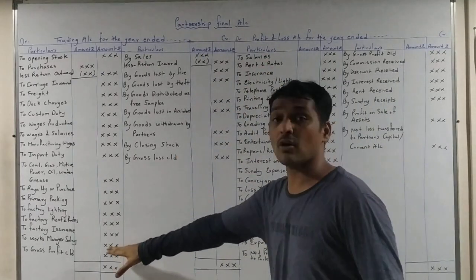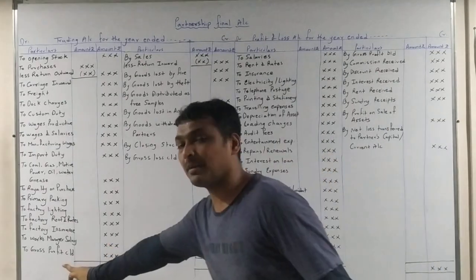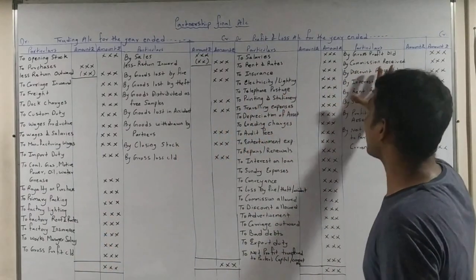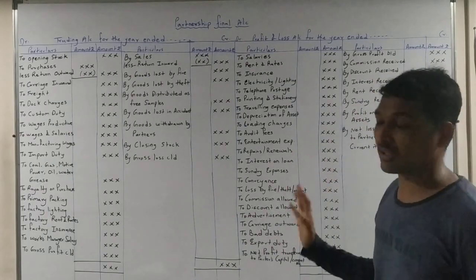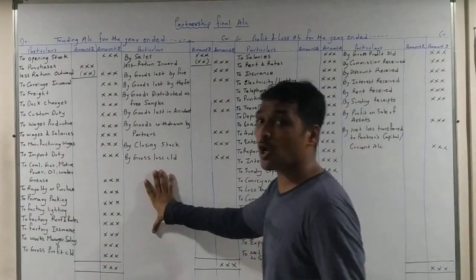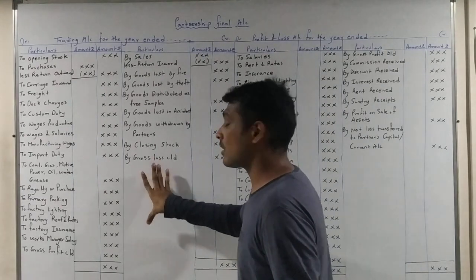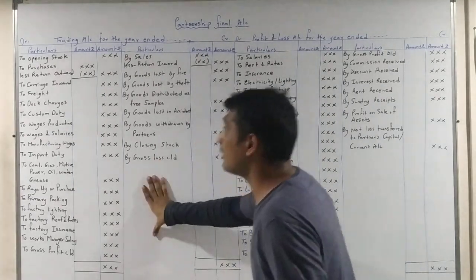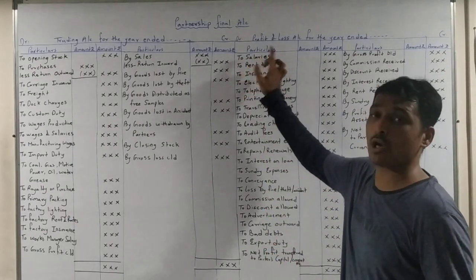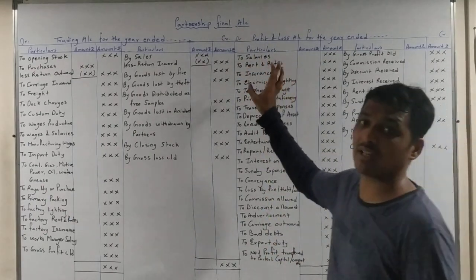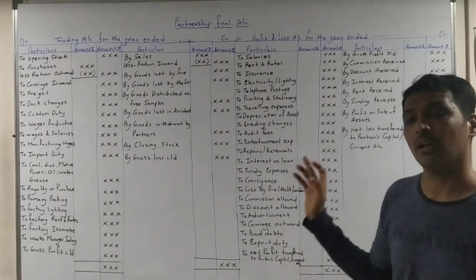So directly ये क्या हो जाता है, क्रॉस हो जाता है. डेबिट में अगर ग्रॉस प्रॉफिट है, it will come under the credit side of profit and loss account, because we have to transfer it to profit and loss account. Same way vice versa, if gross loss is given under the credit side, it will be transferred to the debit side of profit and loss account. On the first item, that is to gross loss, I have not written here, but you have to write it if gross loss is given in the question.